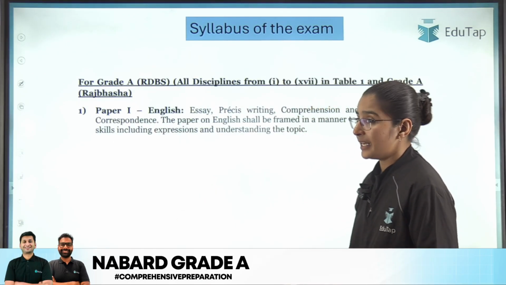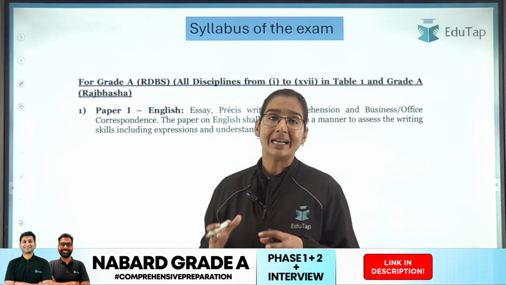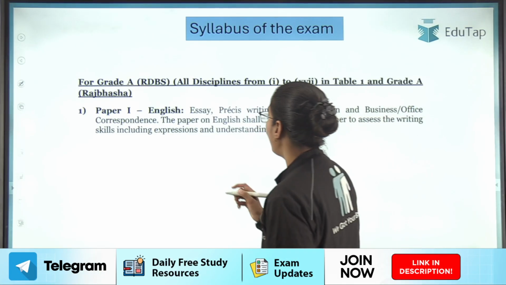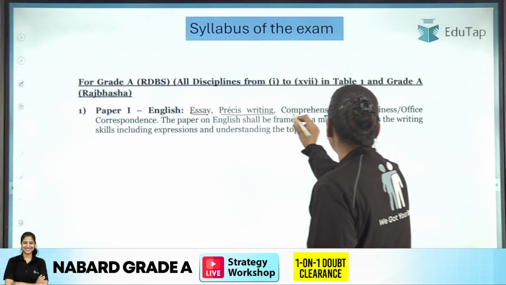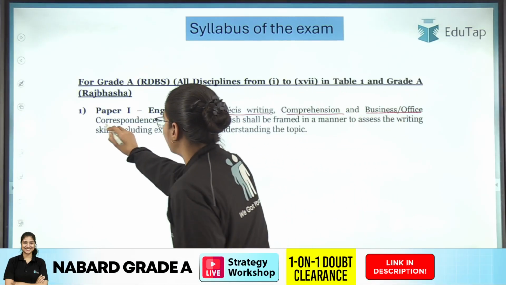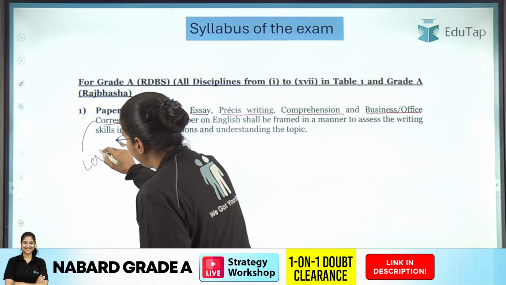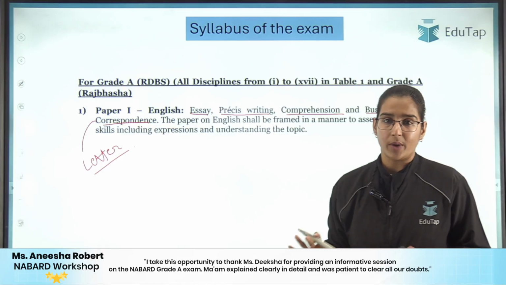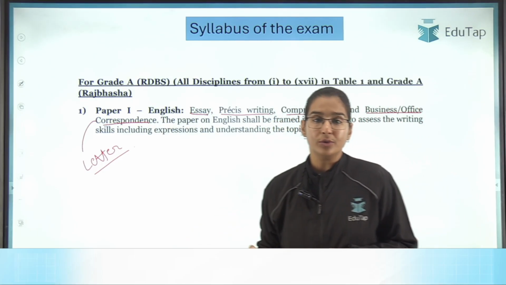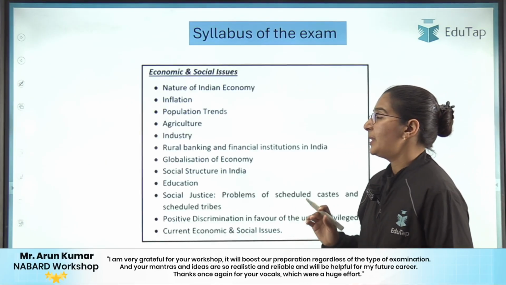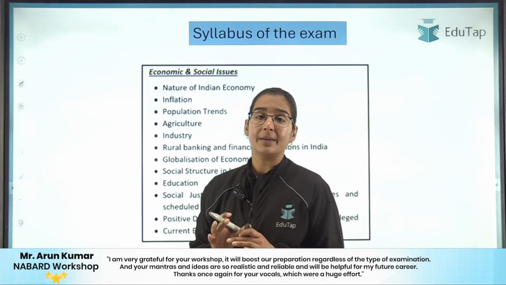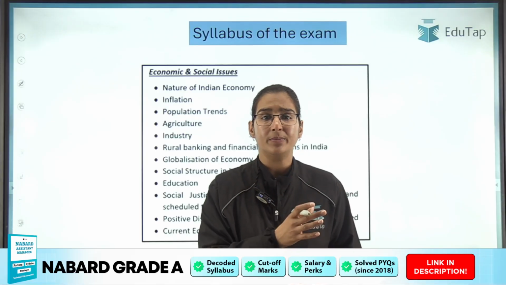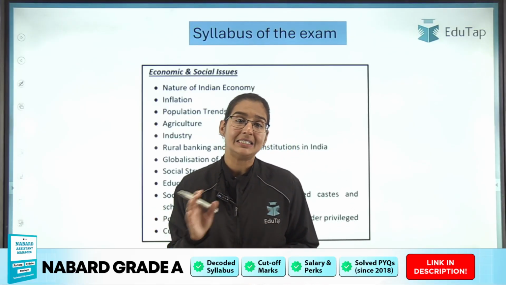Now coming to the syllabus, what is the syllabus and what exactly you have to prepare. As far as paper 1 general English is concerned, you have to prepare the essay, précis writing, comprehension and business and office correspondence, which is nothing but the letter. Once you have prepared for all these topics, you are done with your paper 1, which is general English. Now let's discuss the syllabus of paper 2. Right, in paper 2, the good news is that the syllabus remains exactly what you are studying for the objective paper, and the phase 1 syllabus and the phase 2 syllabus are exactly the same for ESI and